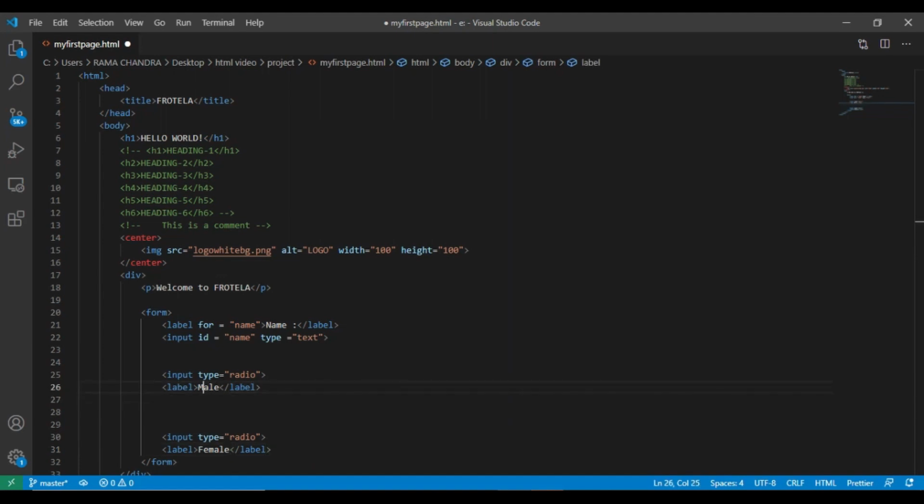And let us combine this input and label using for and id attributes. I will give the value as male. For this I'll give the attribute value as female.